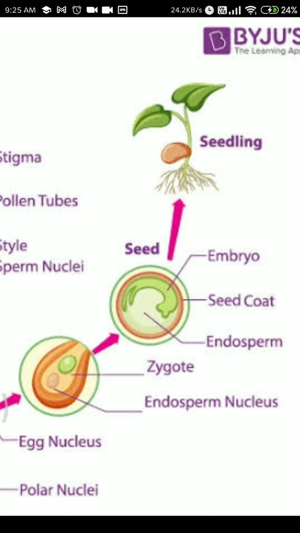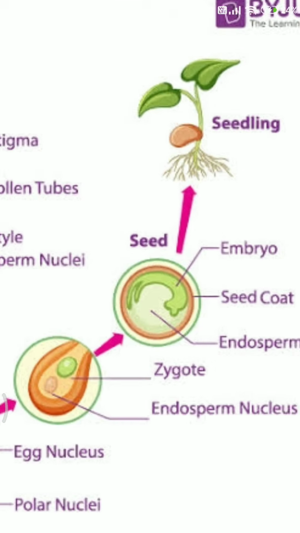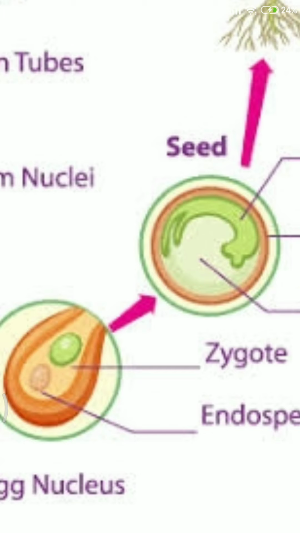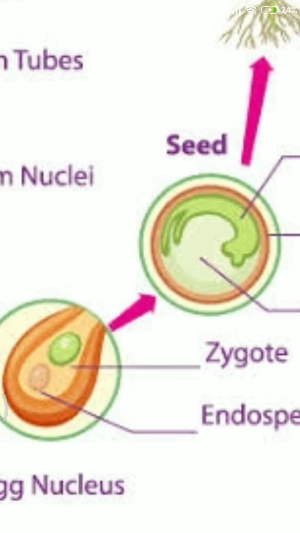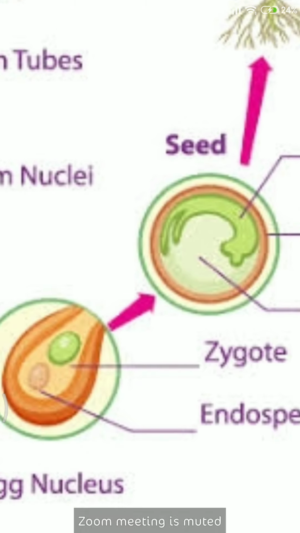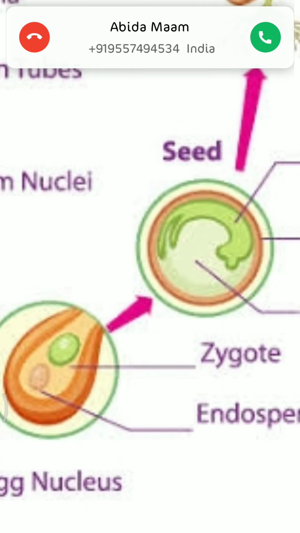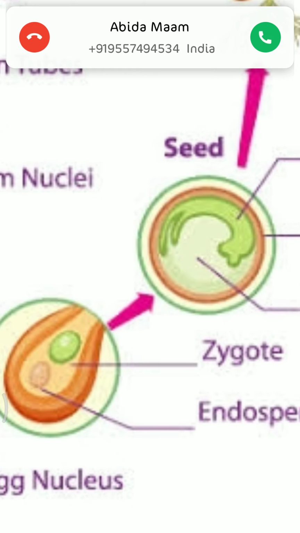I'm clarifying more. Unicellular organisms are categorized into a separate category, but right now we are talking about flowering plants. They are categorized as multicellular organisms, under the category of plantae. And of course, if you are confused, maybe it is because of the fertilization. After fertilization, the cell we get is zygote, inside the ovule. Ovule is a multicellular structure. Inside the ovule, zygote is a unicellular structure.